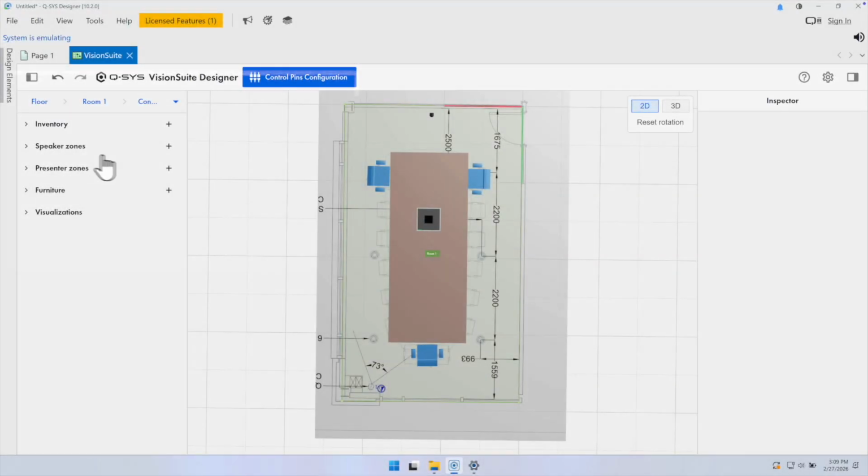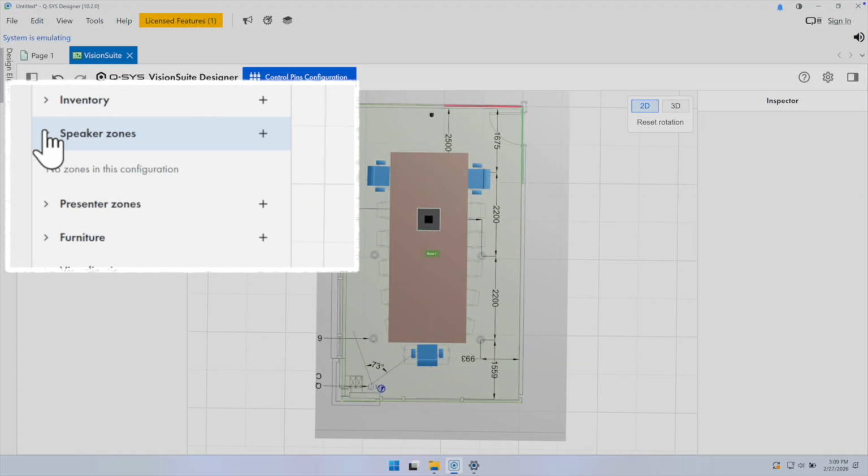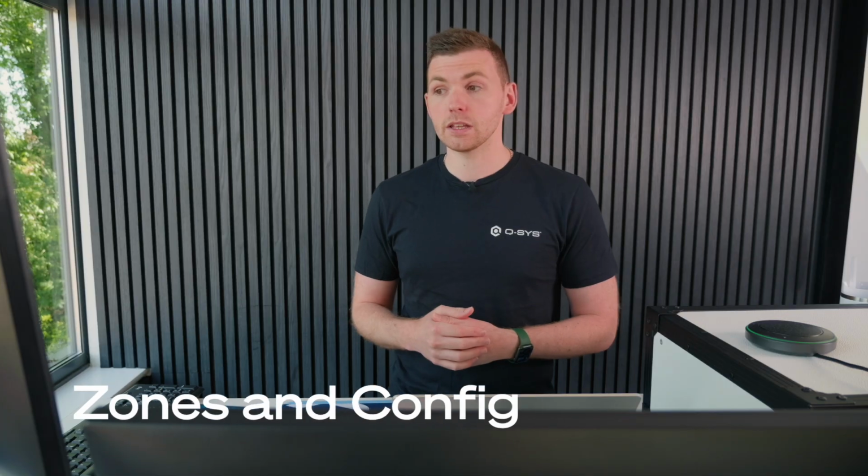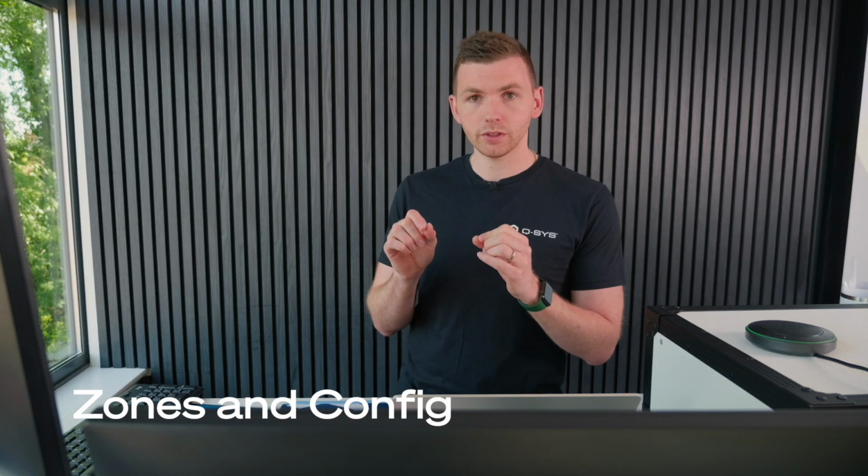What we need to do now is add in a zone as well, because we want to tell VisionSuite what areas we are actually interested in for the audience pickup, for the speaker spotlight feature. You can get very specific with this. You can have lots of little zones, but actually most rooms you can be quite happy with just one or two quite big zones. And you just basically say, hey, if anyone's speaking here, we want this to happen with